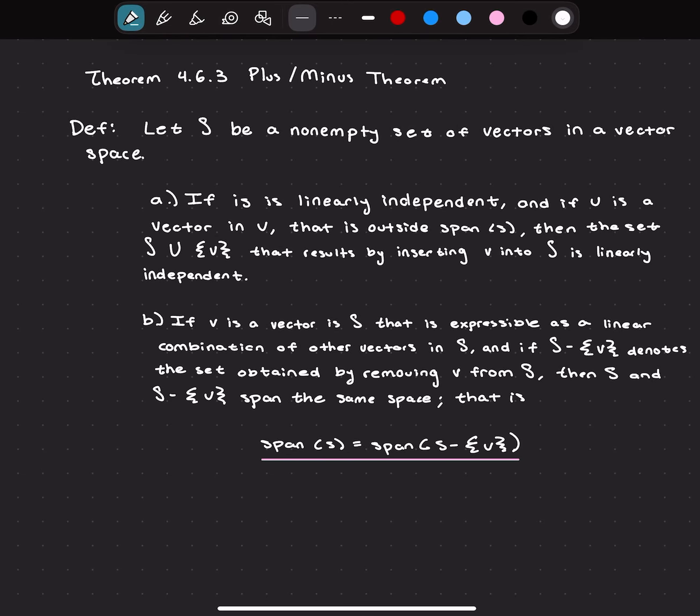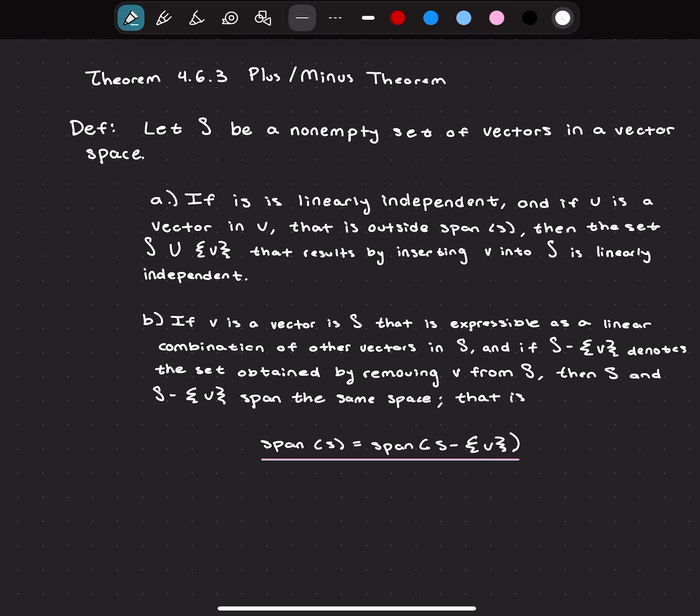Hello. For the Week 14 video project, I will be discussing, proving, and later explaining through examples Theorem 4.6.3 in the book, otherwise known as the plus-minus theorem. So the basic definition outlined in the book,